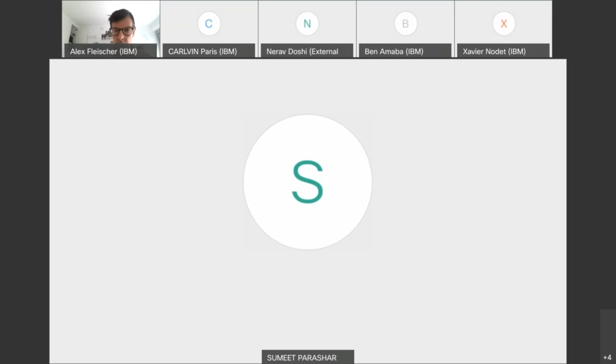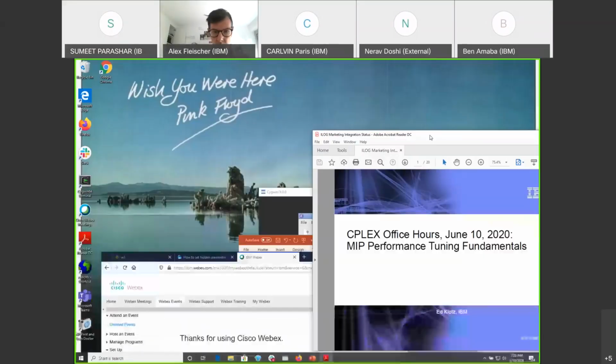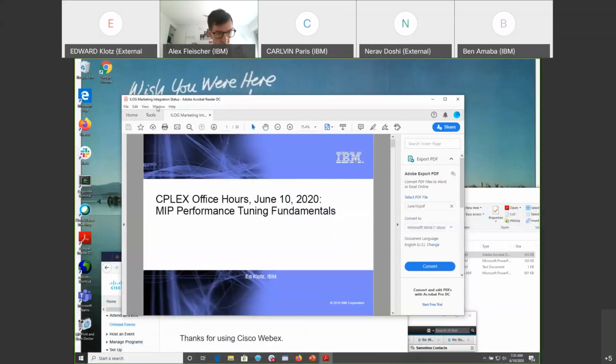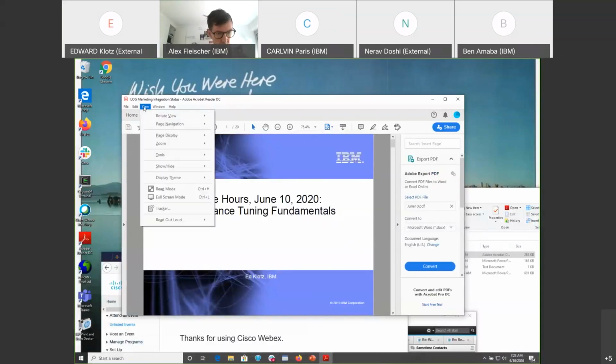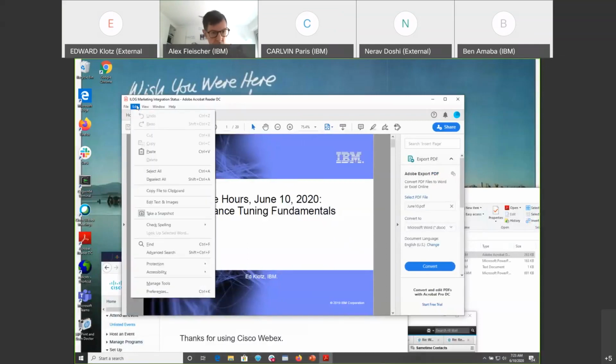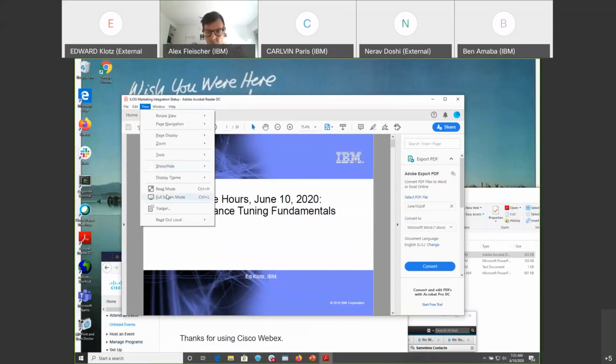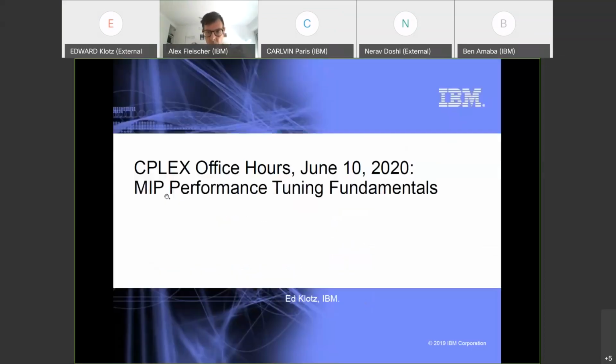Thanks, Amit. Can you see my screen, or do I need to do something else? You have to also say share screen. So you are the presenter, but you'll have to share my screen. There we go. Yes. Yep. Now I can see. Okay, let's try full screen mode, see how that works. Okay,